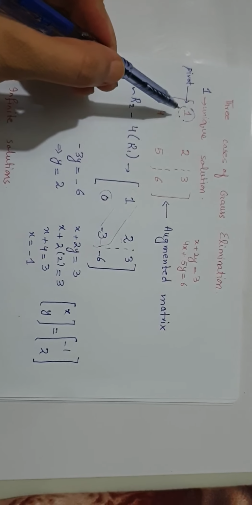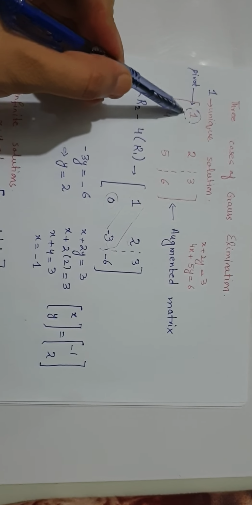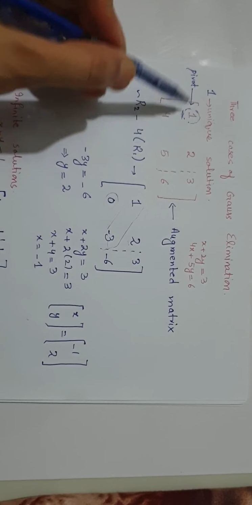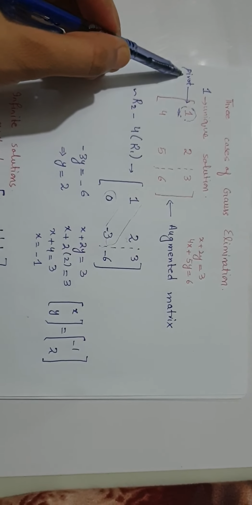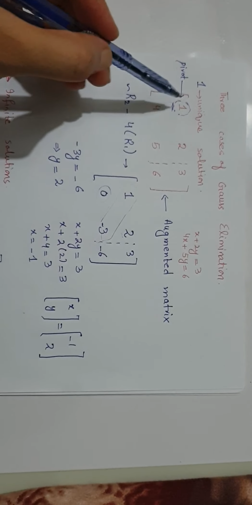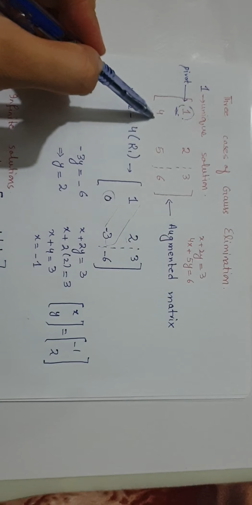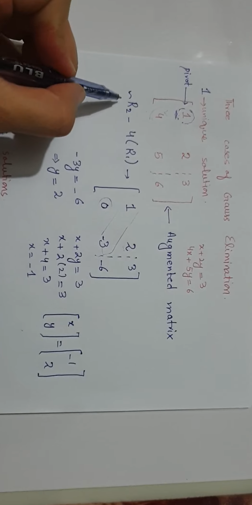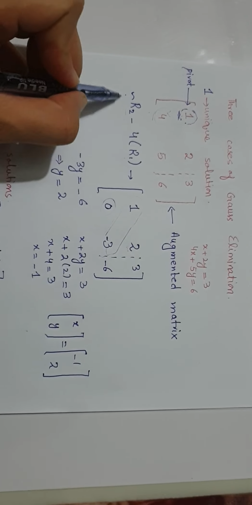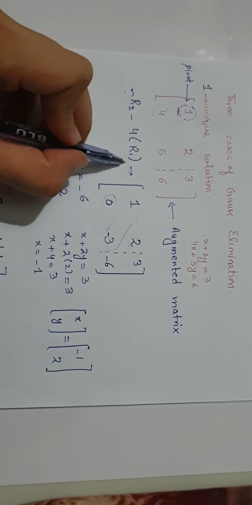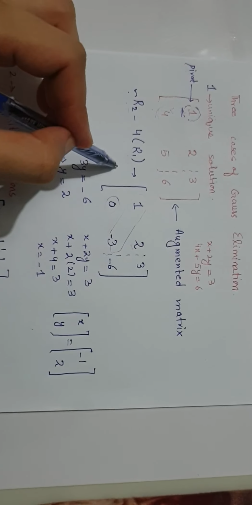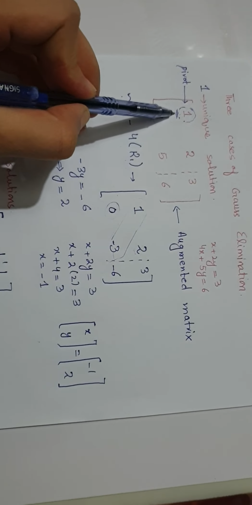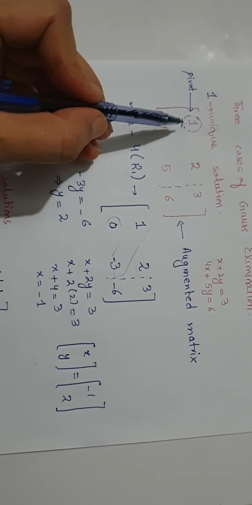The first entry of our row in the augmented matrix is called the pivot entry. And what is the purpose of the Gauss elimination? Its purpose is to make all the entries below the pivot entry equal to 0. For this we will be performing the row operations. And what are the row operations? These row operations are actually used to convert our matrix into the upper triangular form. How do I have to perform these operations?